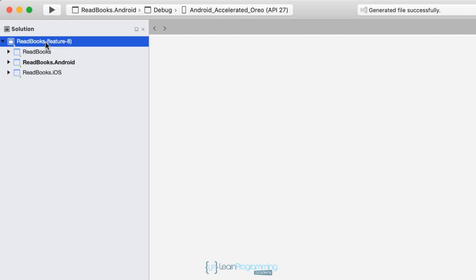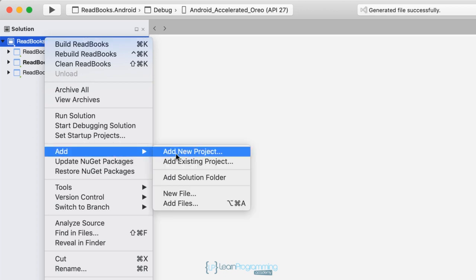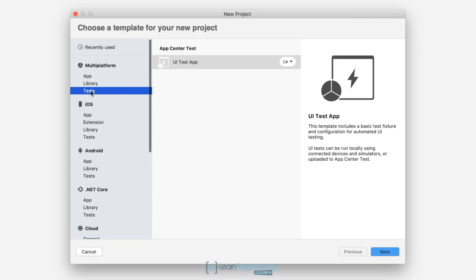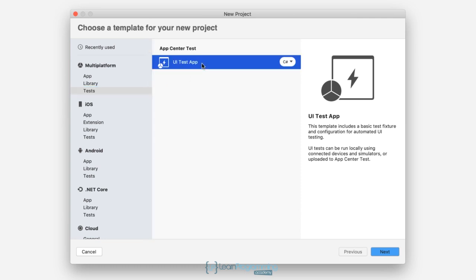What I will do is right-click on the solution and add a new project. Inside of multi-platform and under tests, you're going to find a UI test tab option. If you're on Windows, you can actually search for a template that is called very similarly. In fact, I believe it is called exactly the same. So, selecting this template, and of course,